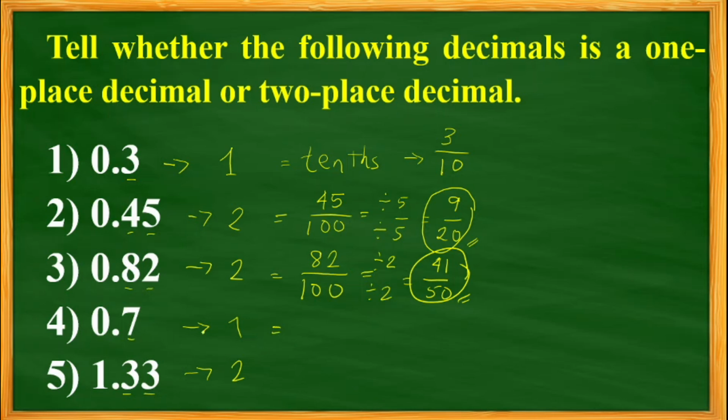Okay. So 0.7. And then the place value of 7 is tenths. So this would be the final answer because there is no common factor between 7 and 10. And then how about this one? 1 and 33 hundredths. So 1 is the whole number, so we write this one as a whole number. And then 33 hundredths is the decimal part. So write 33 as the numerator, and 33 has a place value of hundredths. So the fractional form of 1 and 33 hundredths is this one.